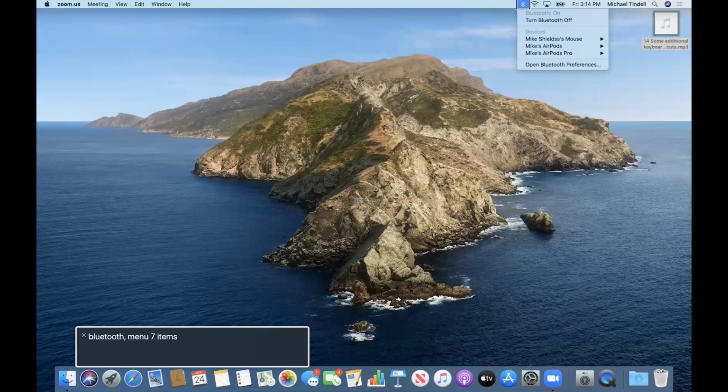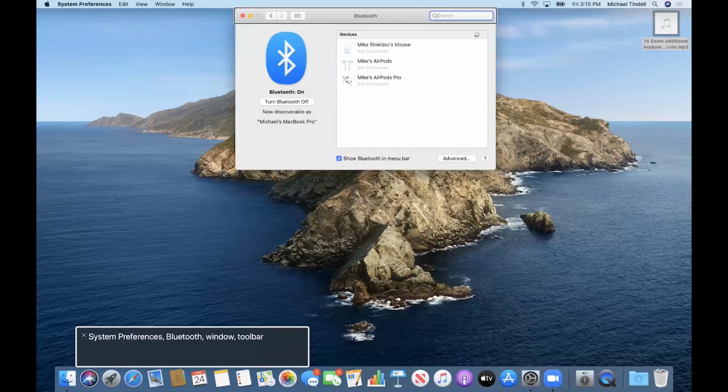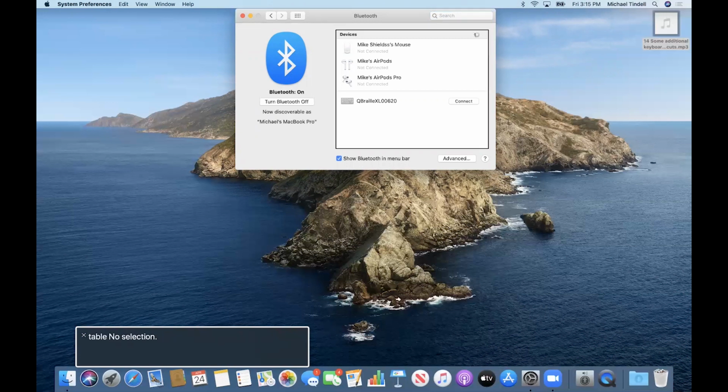You're going to hear a list of my other devices that are connected to the Mac. You are currently in a menu. Mike Shields's Mouse. Mike's AirPod. Open Bluetooth Preferences. I'm going to do VO space. System Preferences. Bluetooth window. Toolbar. And I want to go over to a table here, so I'm going to do VO right arrow. Bluetooth icon image. Table. No selection. And in this table, we're going to find at the bottom my QBraille,